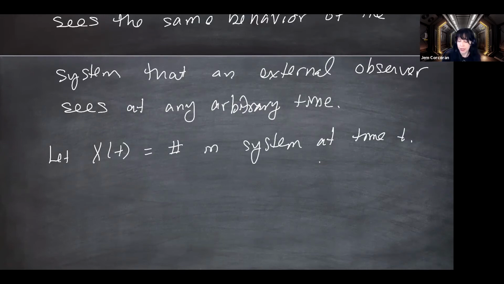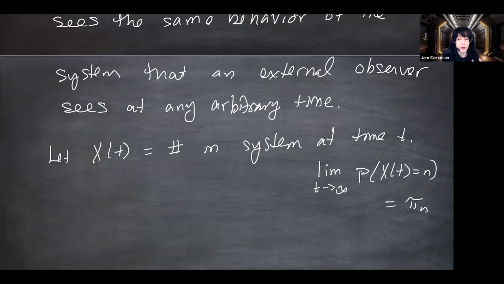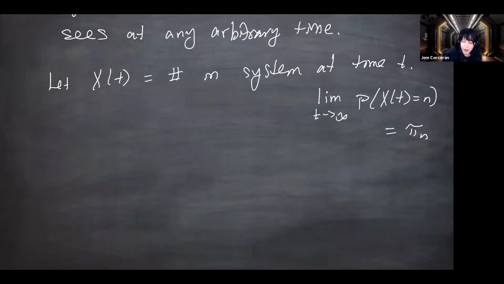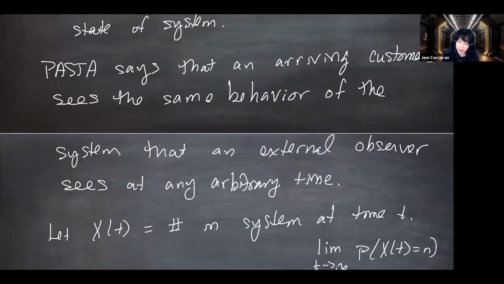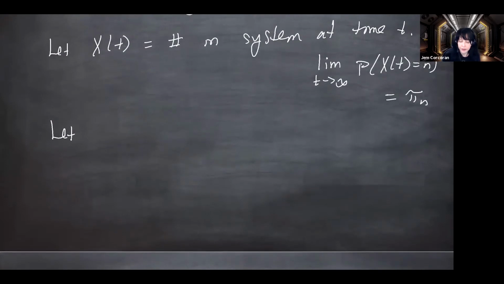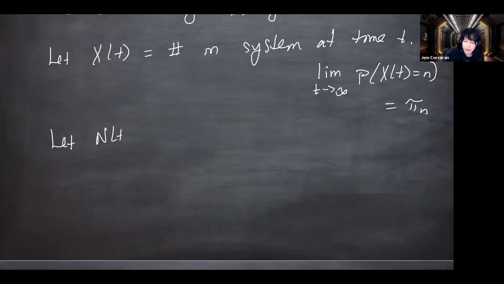So the limit as t goes to infinity of the probability that x of t is n should be that pi n. However, if you start in stationary mode, you'll be there right away. Think queuing models. In fact, think M/M/1. I'm going to let N(t) be the Poisson arrival process,